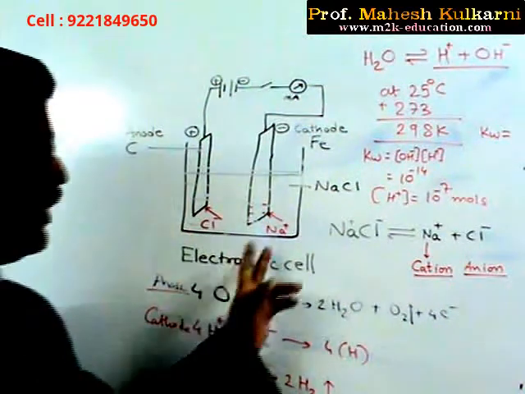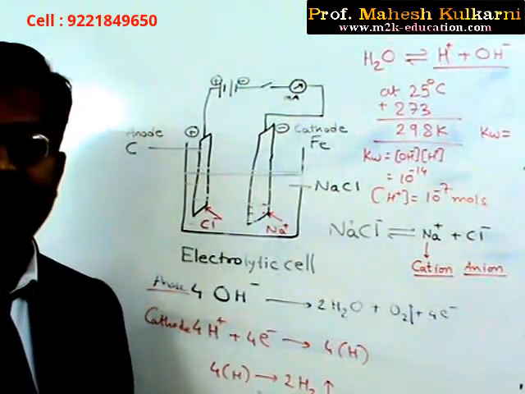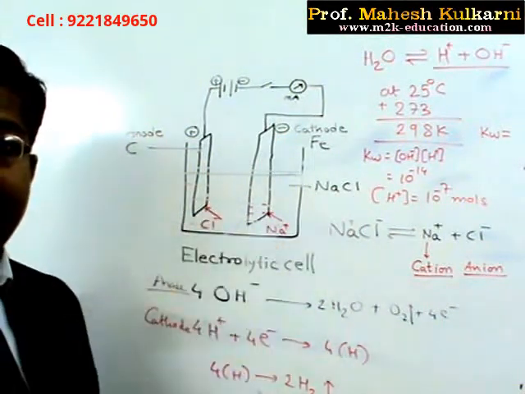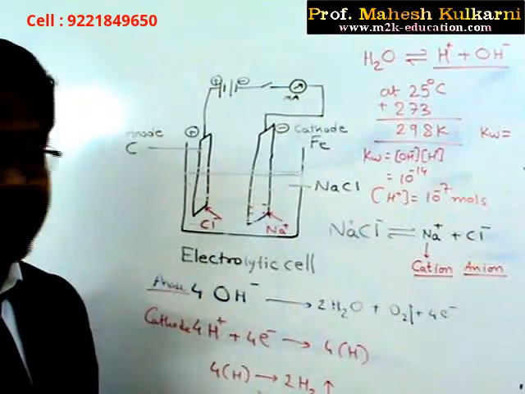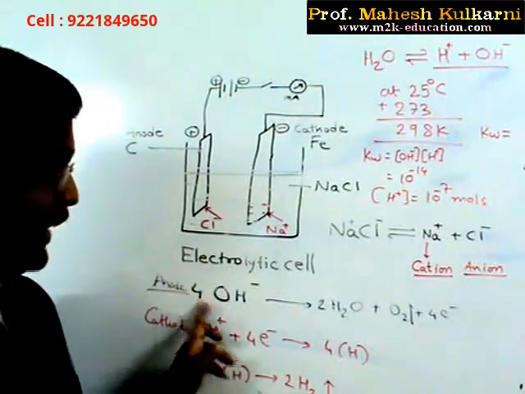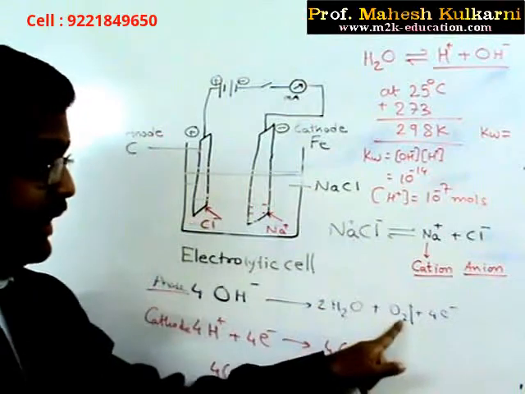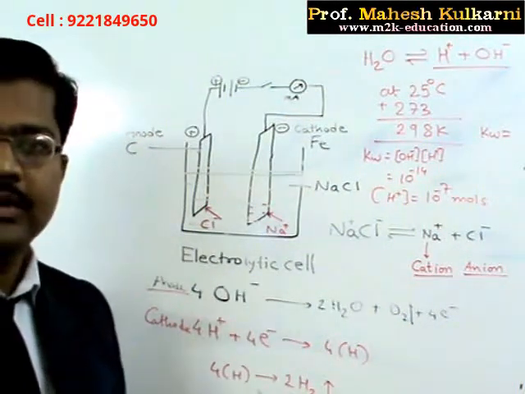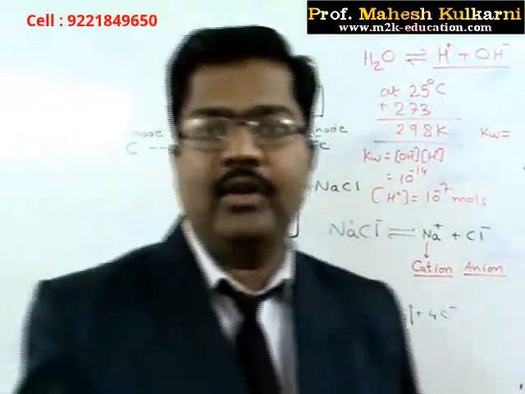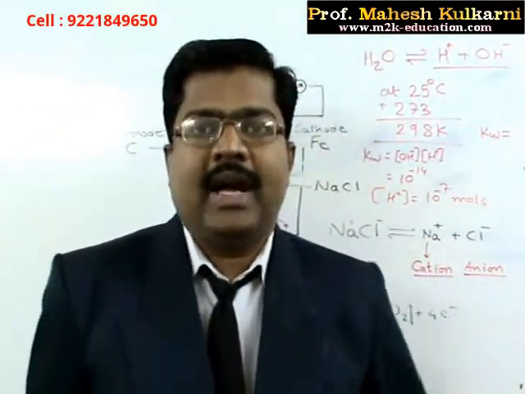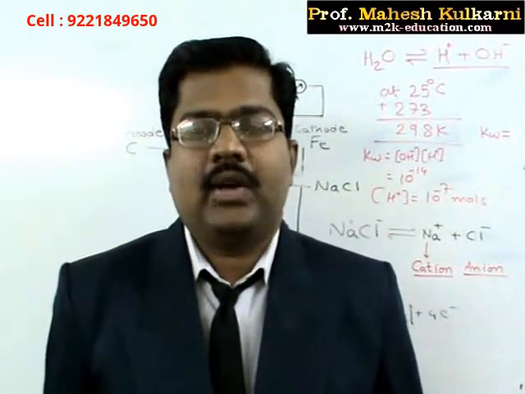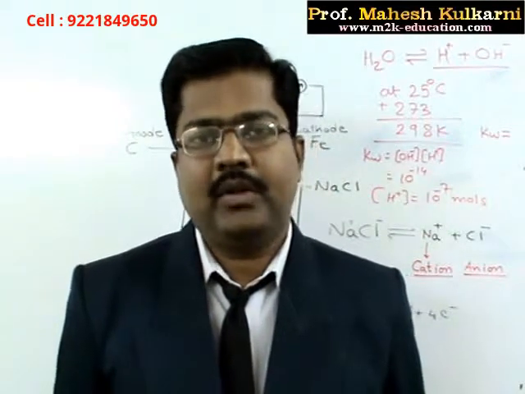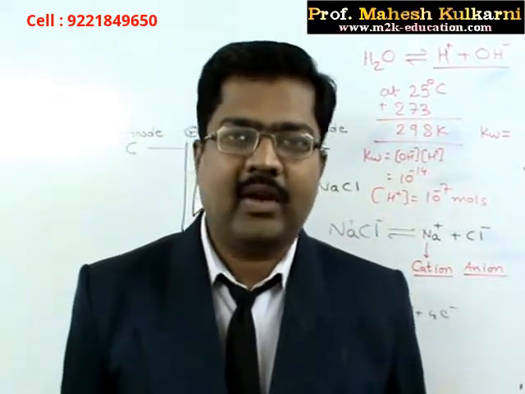So suppose we are carrying out electrolysis of fused sodium chloride, then we get sodium and chlorine. But suppose we use an aqueous solution of sodium chloride as the electrolyte, then on the anode, instead of chlorine, we get oxygen, and on the cathode, instead of sodium, we get hydrogen, and therefore we are not able to carry out electrolysis to obtain sodium and chlorine. The answer lies in this word called deposition voltage. The deposition voltage of sodium is greater than hydrogen, and the deposition voltage of chlorine is greater than hydroxyl ion.